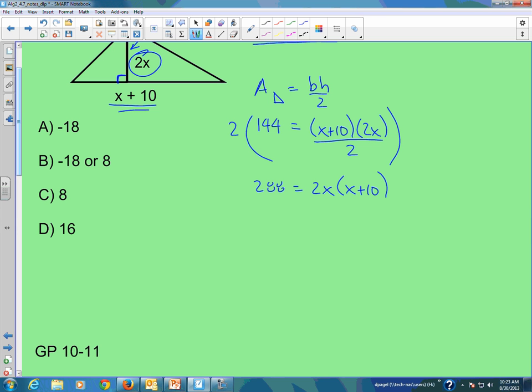We'll go ahead and distribute that: 288 equals 2x squared plus 20x. And then I could